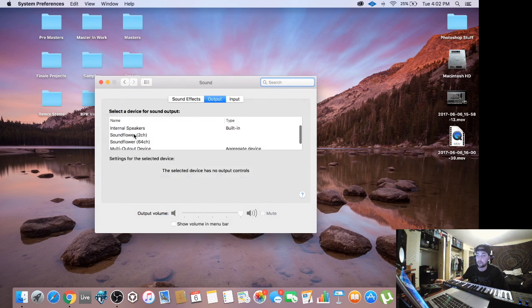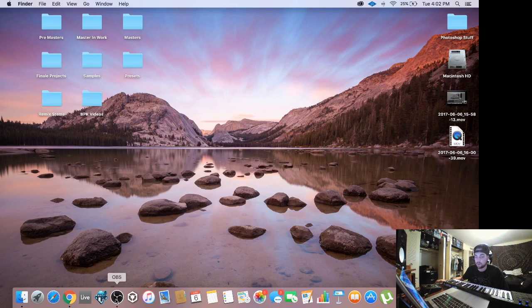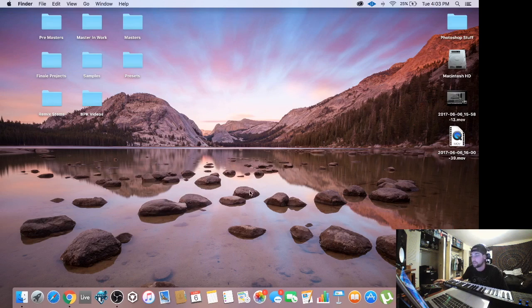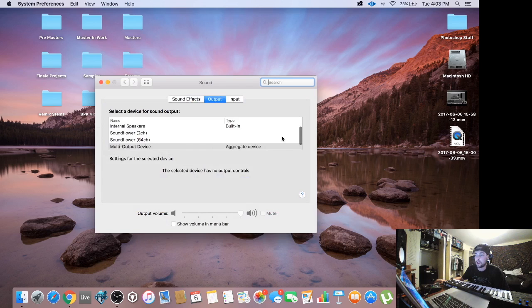But once you have the two downloaded, you should be able to go into your sounds and you'll see Soundflower right there. But what we have to do, oh no, am I recording desktop audio? Okay, never mind. I wasn't recording desktop audio, but I'm not using audio. But I was about to say, you can see Soundflower right there, but in order for us to choose both whatever interface we have and the desktop as our audio, we have to go into our Mac settings and create